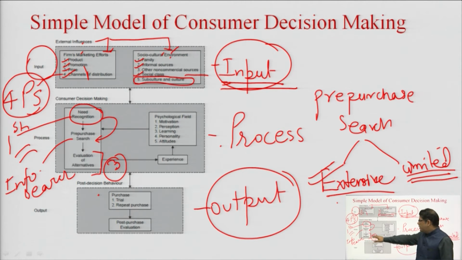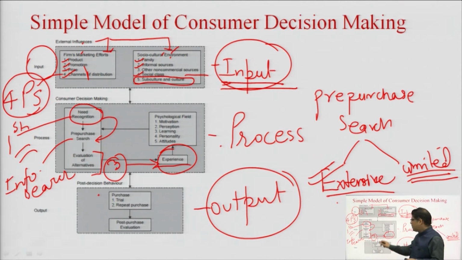So, now that information is being processed and evaluation of alternatives is happening. As a result of this evaluation of alternatives, the consumer will finally conclude the brand or the product that he or she has to purchase, and after evaluation of alternatives, the purchase decision would be taking place. So, from here we move to the purchase decision, and finally after that purchase decision, the consumer will have some experience of the product.